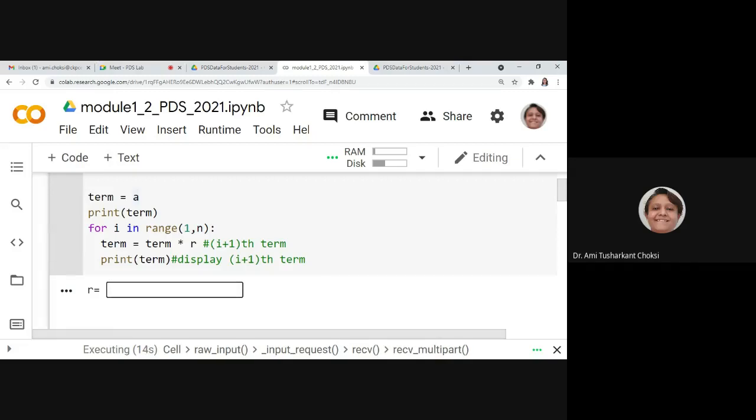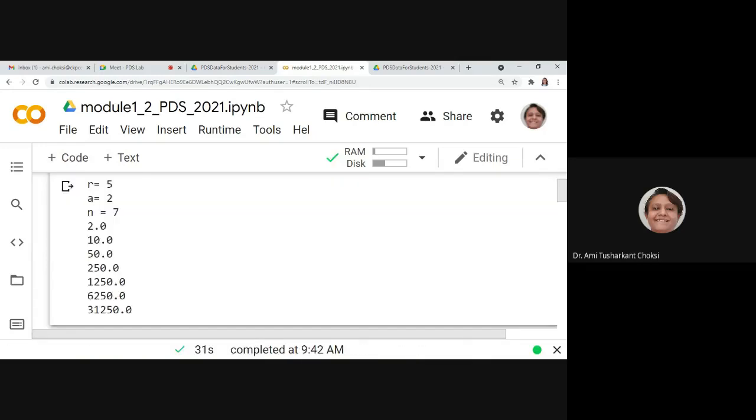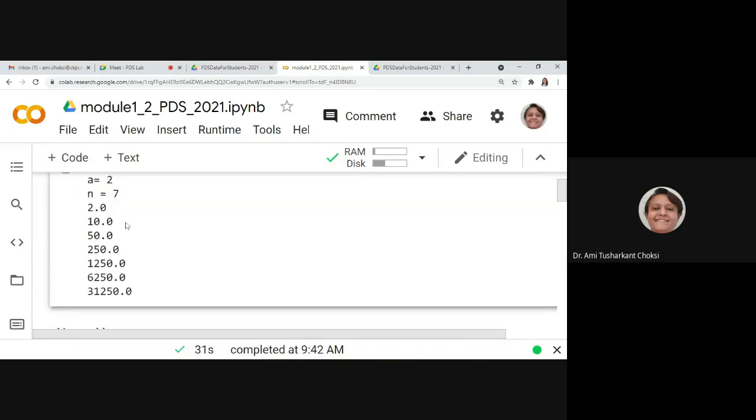See here, I am giving radius as say 5. Then A. This A is required, it is the term, right? I am giving anything, say 2. Now N, let me say it as 7. So what it is giving us: 2, 10, 50, 250, 1250, 6250, 31250, right?